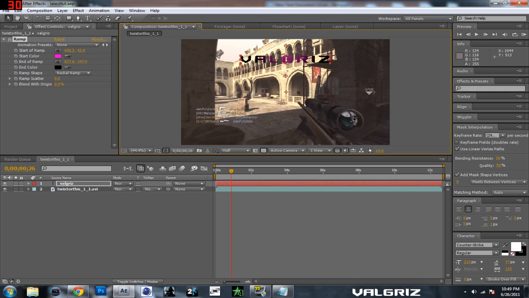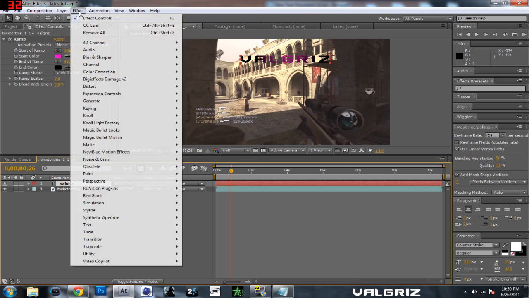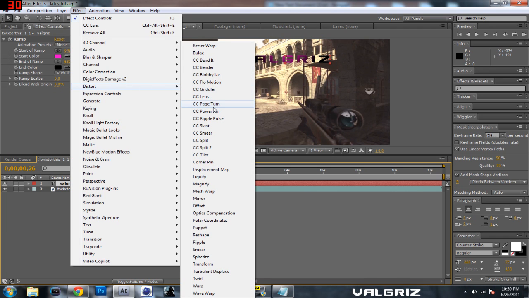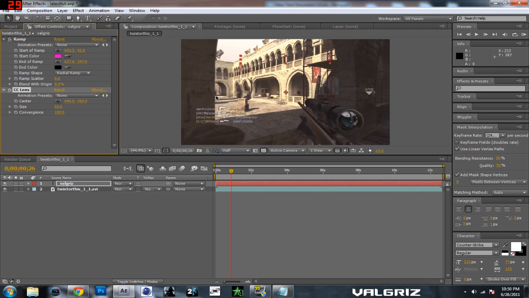There's no color correction on this clip right now, but when I do add it later, it'll look better. Alright, so then you want to go to Effect, Distort, and CC Lens right here, and then just put the size down or up like this. Automatically 500 is when it's flat, and you could put convergence to, let's see, 0, and then I'm trying to see how this is going to work, because okay, put convergence to be like negative 200, and then put the size to be